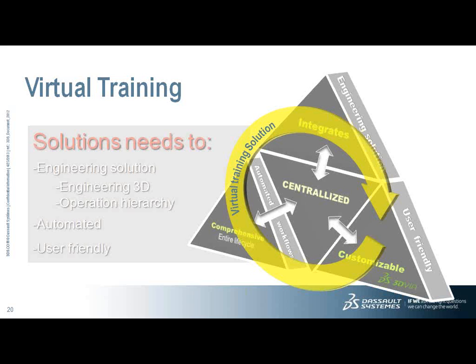And then we have some other things that should be customizable, it should be comprehensive, and it should really be centralized. Not that it's centralized to the entire organization, but if you're looking at an asset, that asset should be centrally managed in one 3D view of it. You should have multiple 3D views that you're managing of that asset, because the idea of the 3D is that it's consolidating and facilitating a lot of the complexity of all of the other data behind it. So you don't want this to now add a new degree of complexity to your organization.